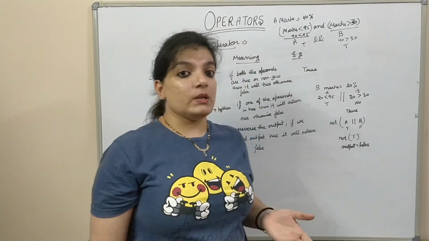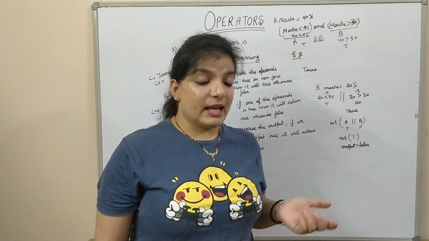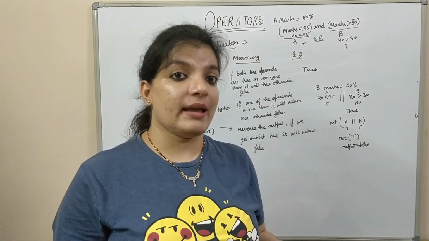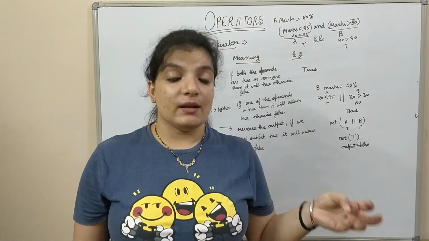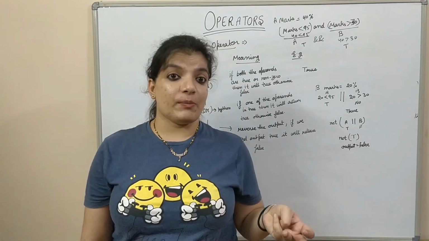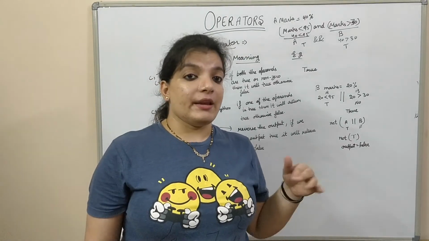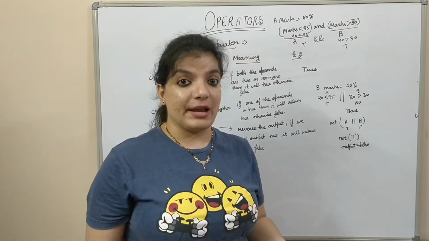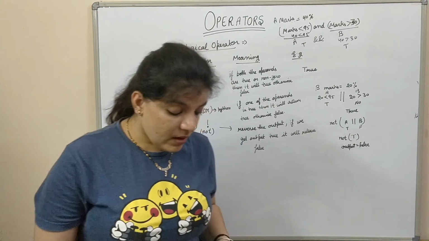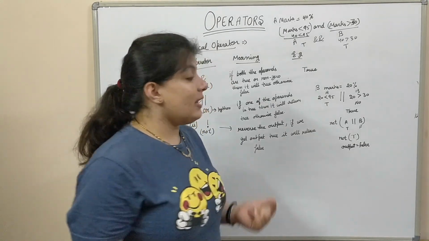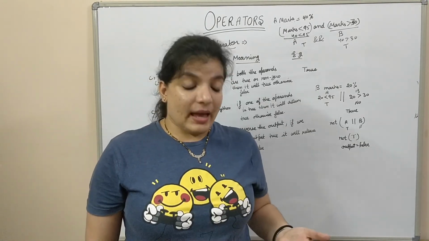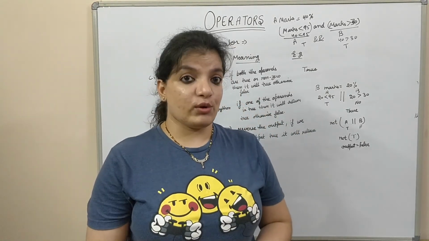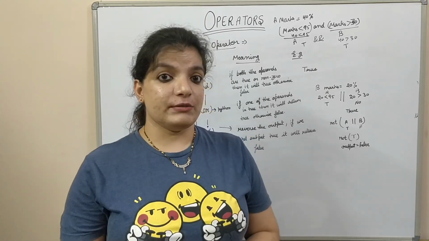So that's all about the operators. There are many types of operators in different programming languages, but I have discussed only these three types of operators, that are logical, arithmetic and relational operators. I hope you understand, and the remaining operators I will discuss in my next video when I do a particular programming language. And I have tried to explain all these elements in my best way, and there are many elements of basics of programming, but I have explained a few of them.